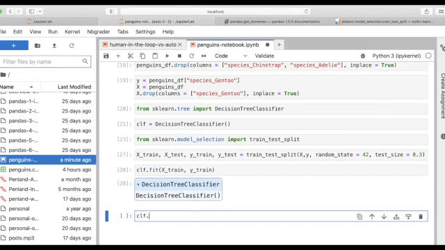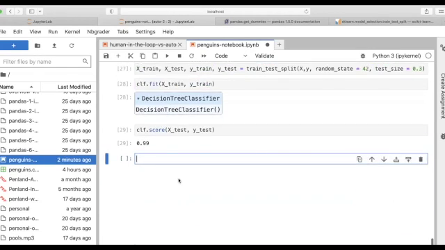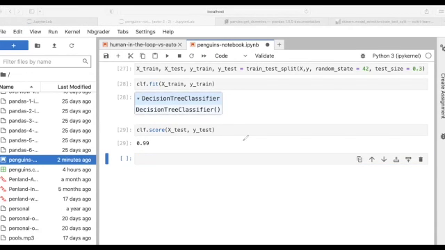Now I can just call clf.fit on X_train and y_train, which makes the decision tree be fit on the training data of X and y. Finally, I call clf.score, which gives me an idea of the accuracy of how this classifier performs on the testing data. This is a pretty good model based on what we've seen so far. Now, this certainly isn't